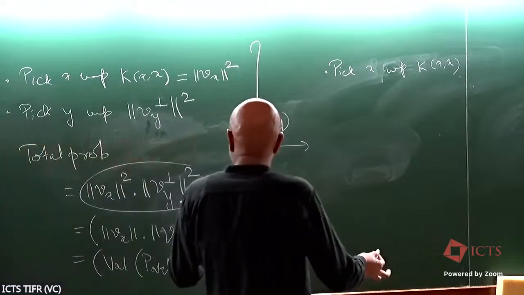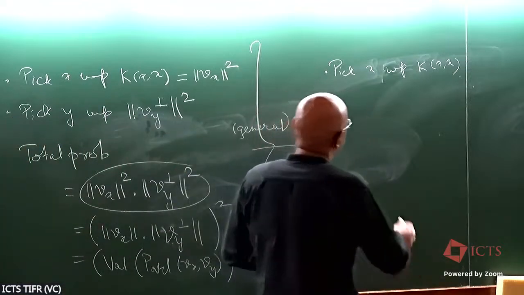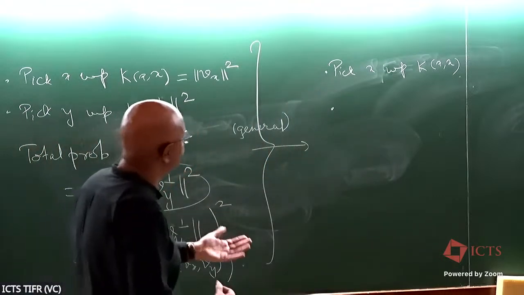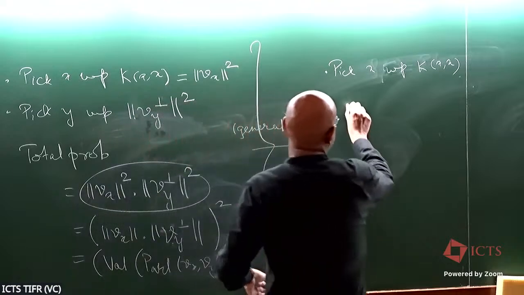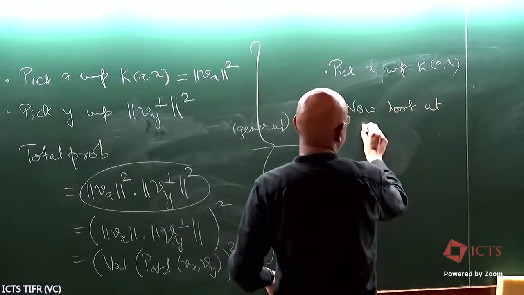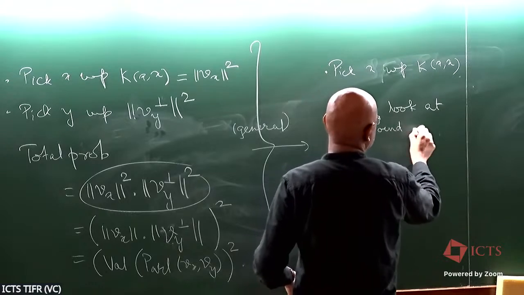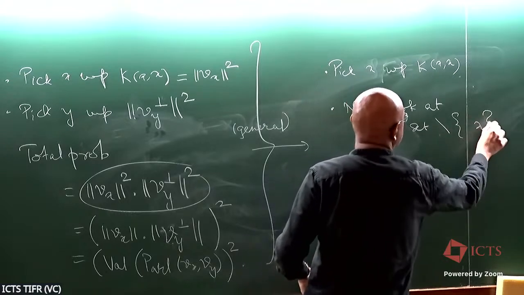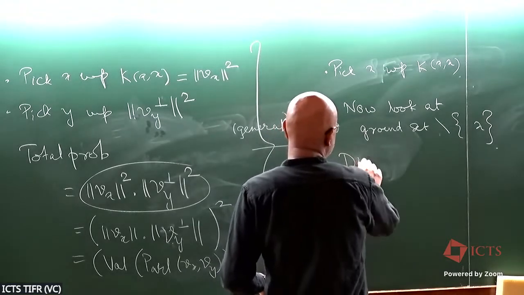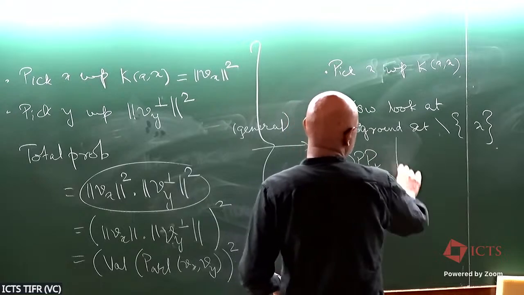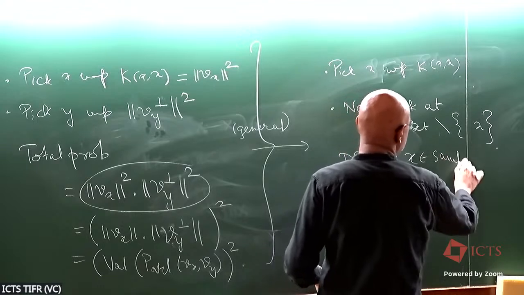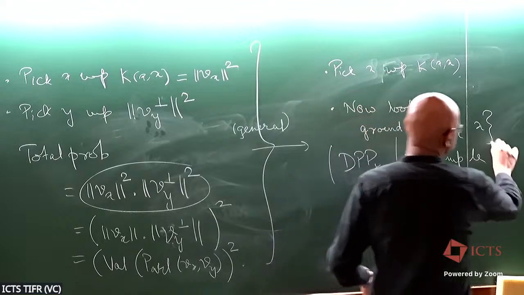The way to pack all of this together and express it in terms of linear algebra is that now look at the universal set, or the ground set, minus x, because x you have already picked, and the DPP with kernel K conditioned on x belonging to the sample is another DPP